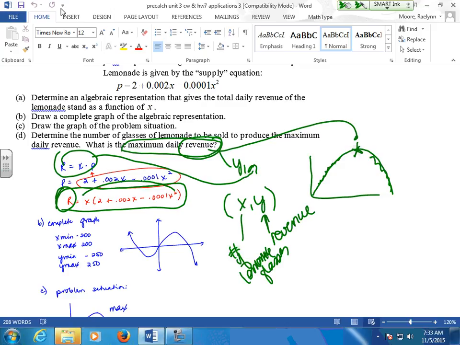So I just asked you, where did this graph come from? If you're going to take a look at this, you're going to have to set your mins to negatives, just so that you can see where this is coming from. So I can see where my function is going here. There's my cubic function, up and down. The problem situation is just this piece here. We can never sell negative glasses of lemonade, and hopefully we will never have negative revenue. Revenue is stuff that you get in. So when we take a look at this graph,